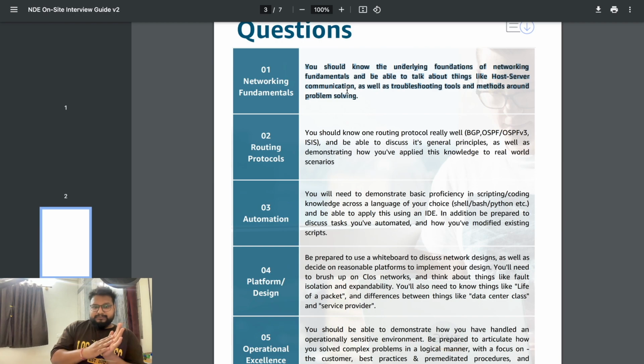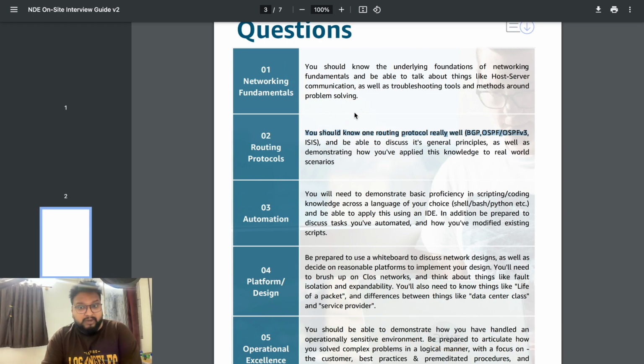The second person will cover a routing protocol. Amazon gives you a choice of which protocol you are strongest in. I'm very good in BGP, so I always choose BGP because I worked on BGP many times. You can choose your preferred protocol: BGP, OSPF, OSPFv3, IS-IS. They will ask you questions regarding BGP, like what is BGP, which port BGP uses, and path attributes,